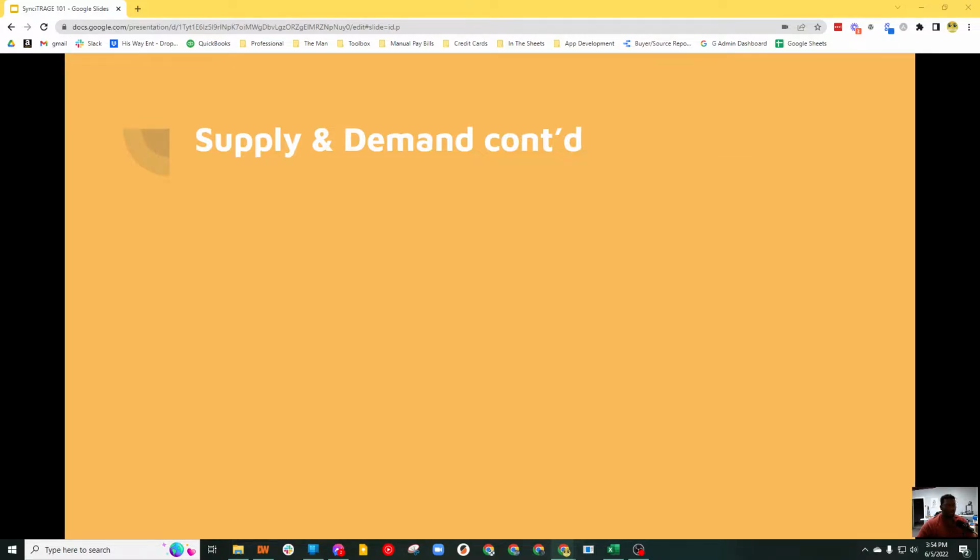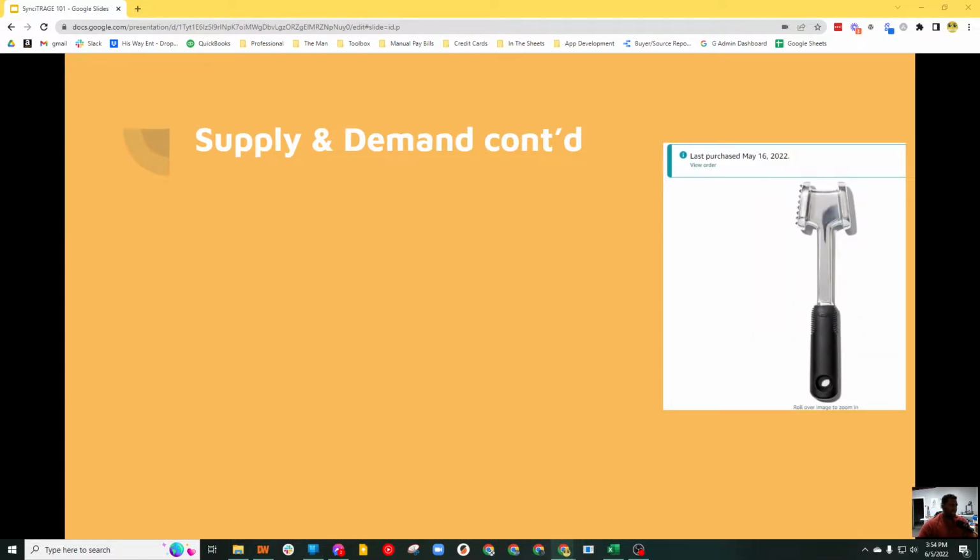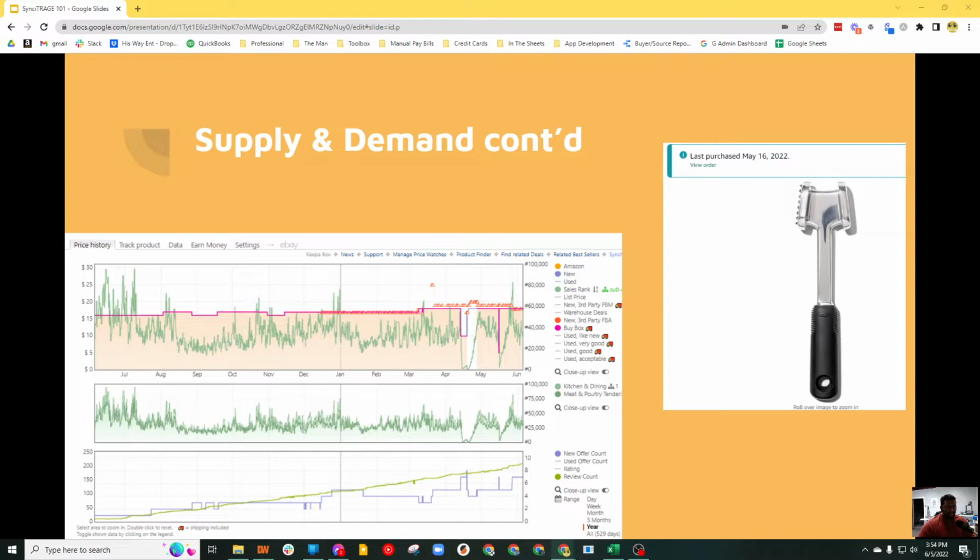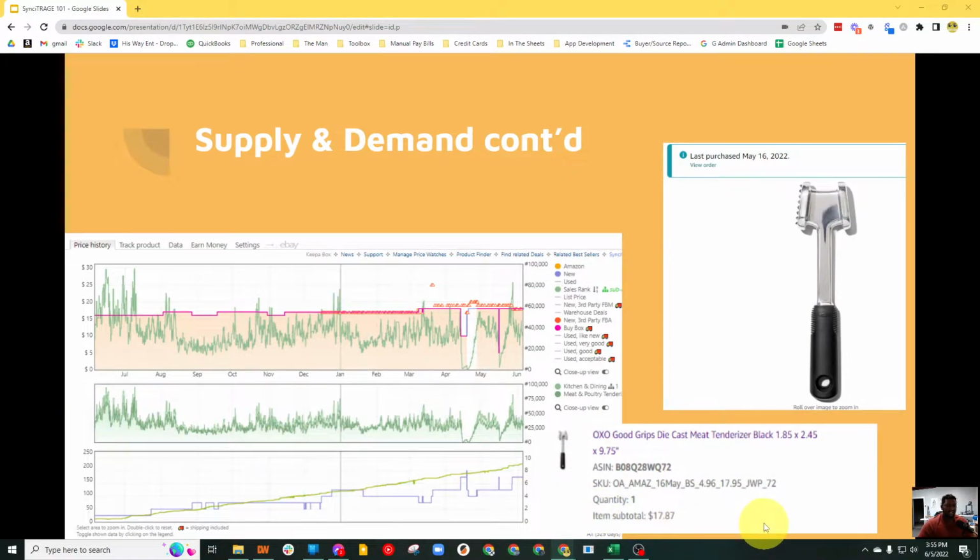So let's look at a lead that we purchased using SynciTRAGE. All right, so I purchased this about 2 weeks ago on May 16th. On May 16th, you can see where the buy box drops down here. Do you see that? I bought it for, I believe, $4 and some change. Let's look. Yeah, I bought it for $4.96 with the anticipation of selling it at $17.95, and it sold at $17.87, only 8 cents off of my mark. And this is very typical of the leads that we find with SynciTRAGE, and I'll show you guys more about that as we continue.